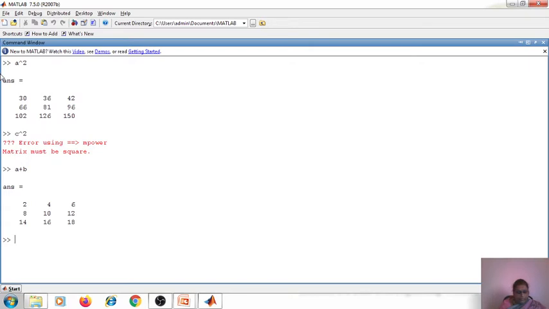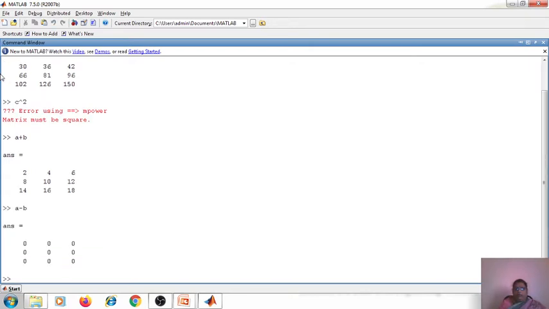No need to give the dot here. If I say it is A minus B, so here also no need to give the dot. Now for the multiplication, I am performing it on the array. So therefore I should give, along with the multiplication symbol, a dot as a prefix with it. A into A dot into B. Right? Now this is the answer we are going to get. Now what is the difference between A into B and A dot into B?